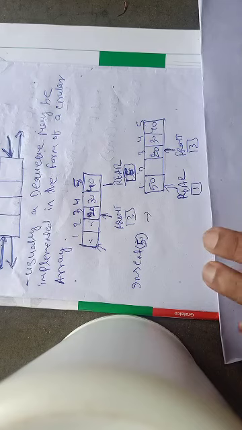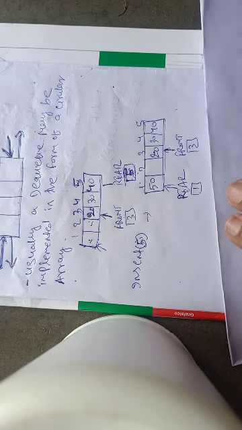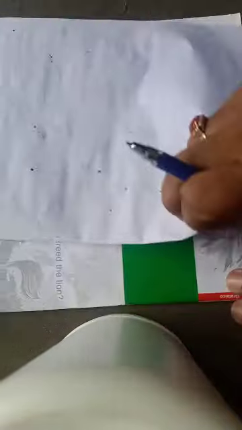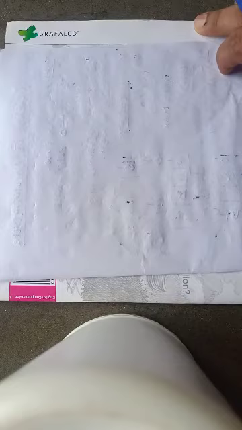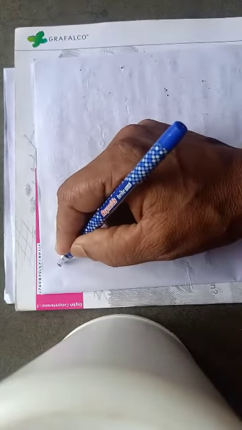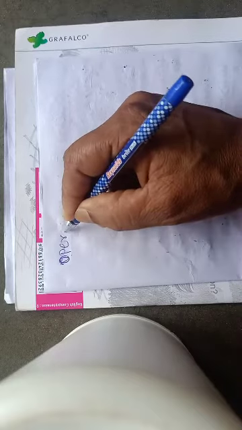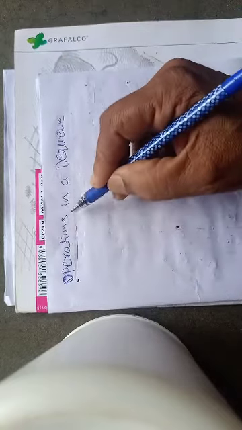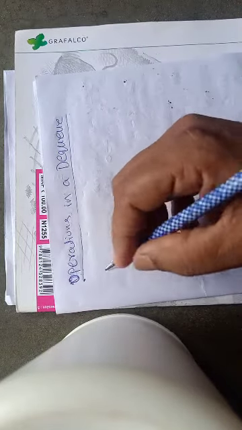so now let me explain the different operations of a double-ended queue. So what are the various operations that we can perform in a double-ended queue if it is represented in the form of a circular array? So operations in a D queue or double-ended queue. So in a double-ended queue we can apply the following operations.